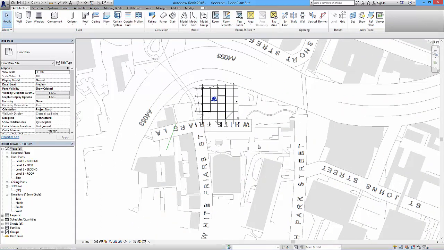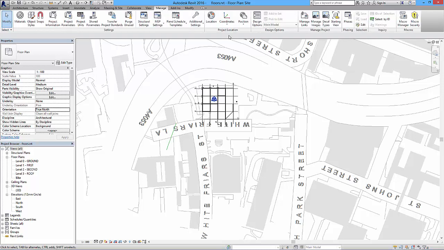So the front of the building is looking this way over the park, and what I now need to do is, under the true north orientation, rotate the whole thing so that this is facing back to north. So under the orientation option, if I click on true north, and you have to be in true north to be able to do this, then we go to the manage tab and position and rotate true north, and then we can move this marker down to this point,